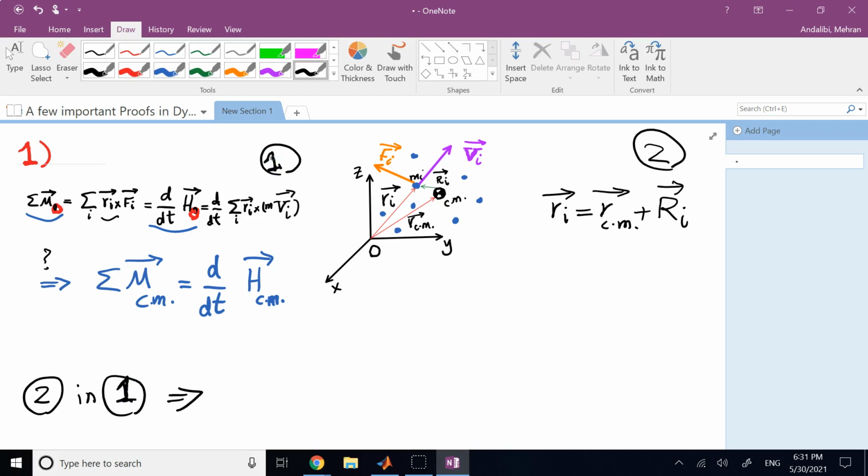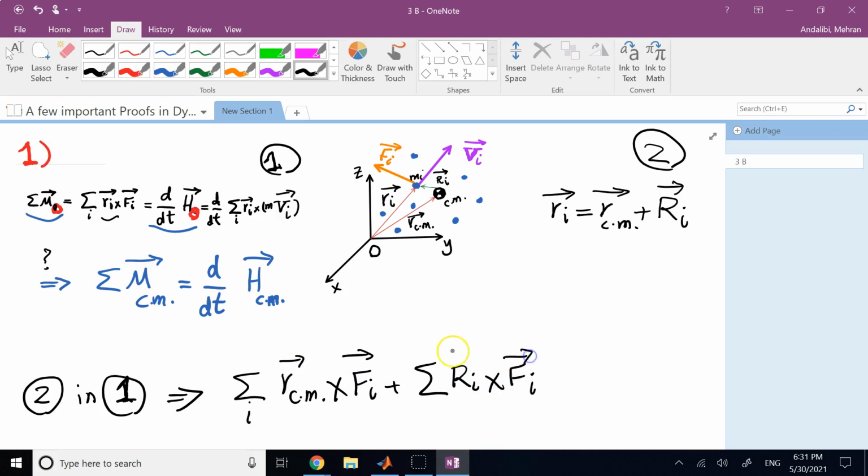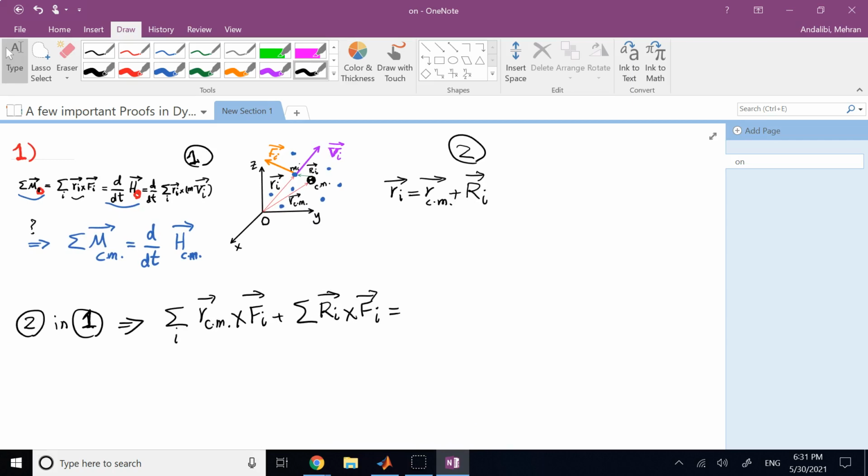Then you will get, on the left side, summation over i of Rcm cross Fi plus summation of cap Ri cross Fi, correct? If you do the distribution of cross product with respect to addition, that's what you get on the left side. On the right side, what I can do is